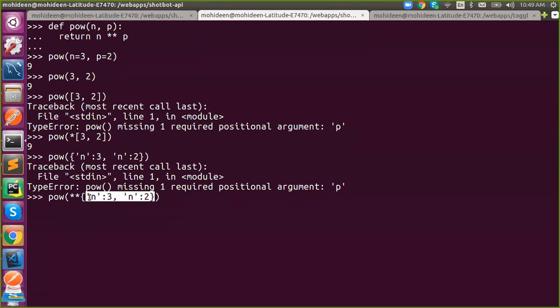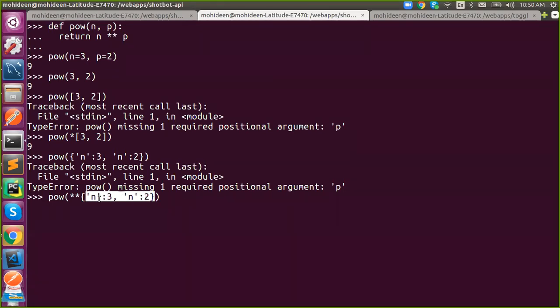The key should be unique. That's right. But if you define it, will it raise an error? No, it won't. The n will be overridden by 2. The value will be overridden.